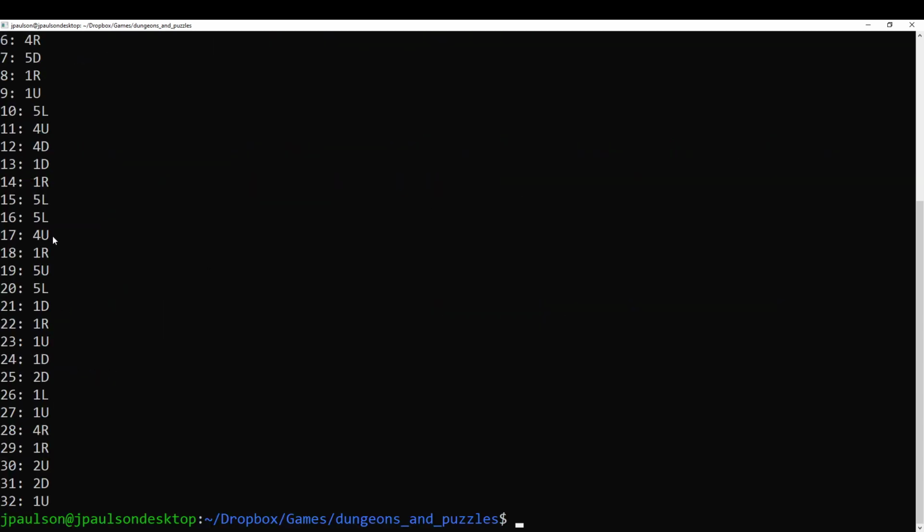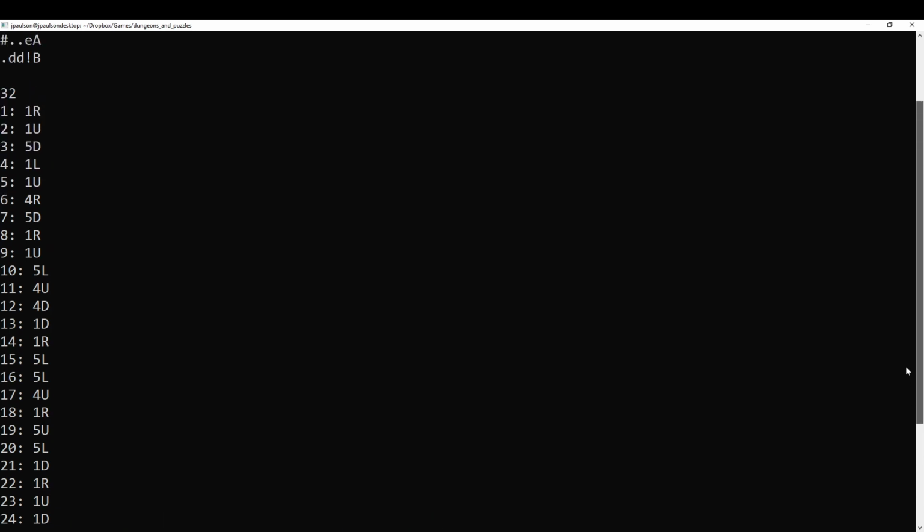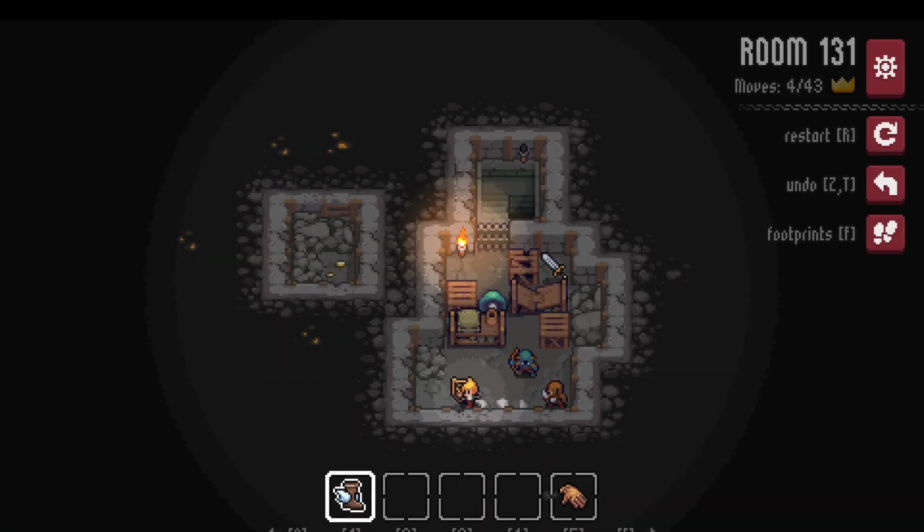So I was thinking a bit. I'll explain maybe what that output is later, but eventually it says, okay, not too long. It says 32 moves, and here they are. So let's execute them. So right, and then up, and then 5 down, right, drag the guy with the glove,